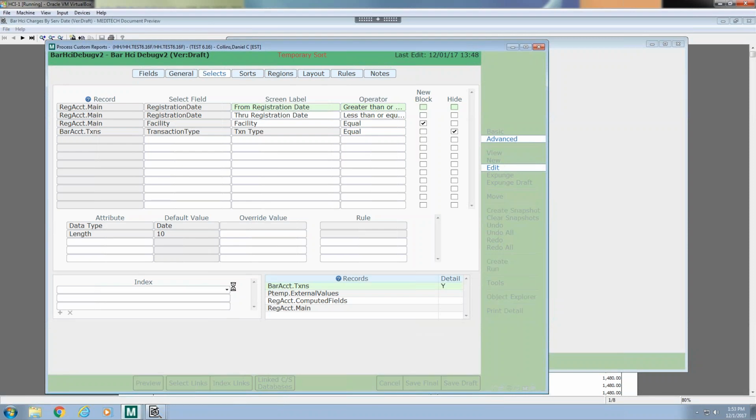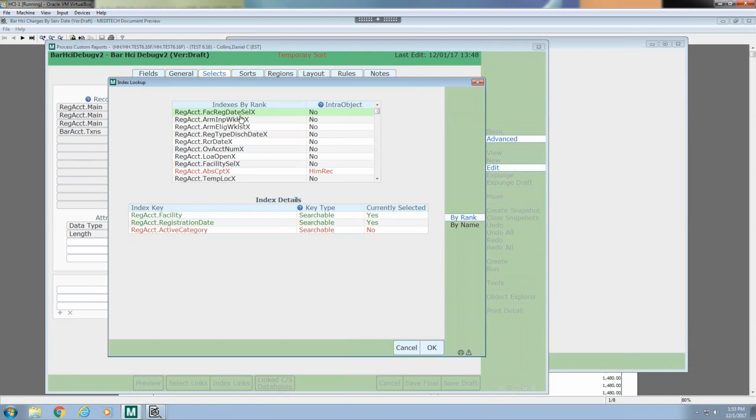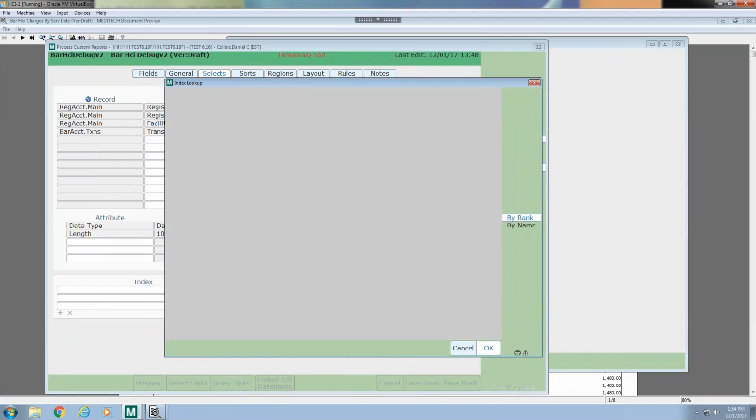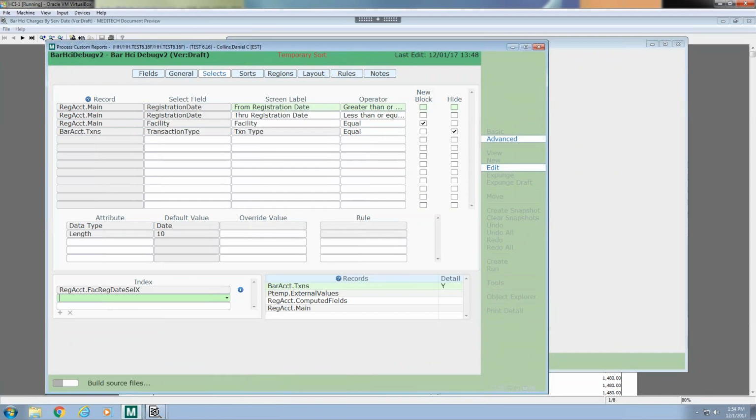And if I do a lookup here, Report Designer will automatically try to present me with the best matching index. It tries to match up the keys from the index with the selection variables that I already have defined on the report. And so you can see, there's a facility registration date selection index that has the facility and the registration date on it. So now when I add this and save that index,